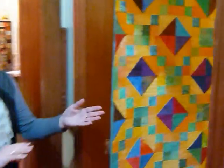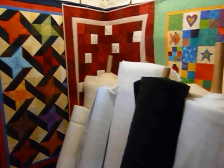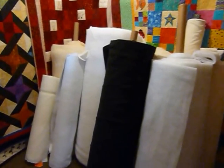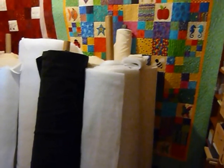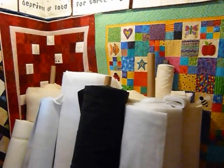And then in this room here, just a small room, but I keep all different battings, and some of my kits and things, extras are stored in here. This is a delightful room if you're looking for battings. This room over here